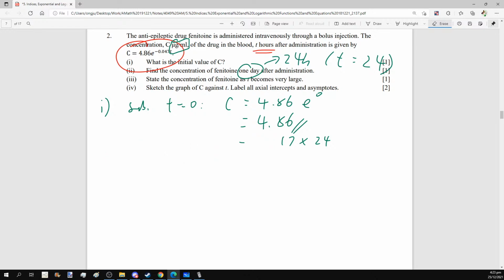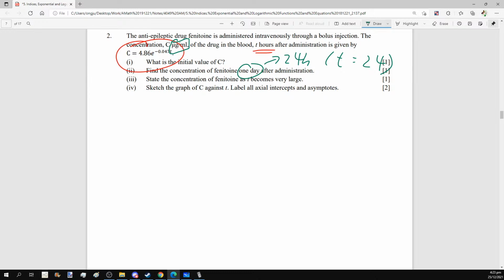So as a demonstration and explanation of what to do when the question asks for the time going to infinity or going very large, at this level, you do not need to use the mathematical concept of limits to infinity. That is not necessary, right? That will be overkill, honestly. So what we shall do instead is, it suffices for us to informally ask ourselves, what happens if I have c equals 4.86 e to the power of negative 0.047 times